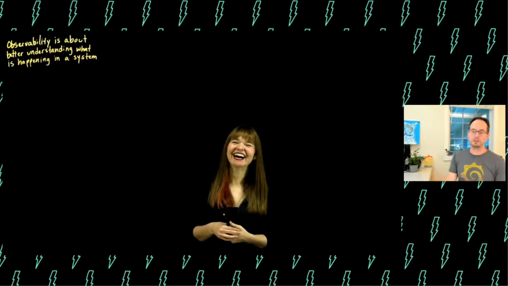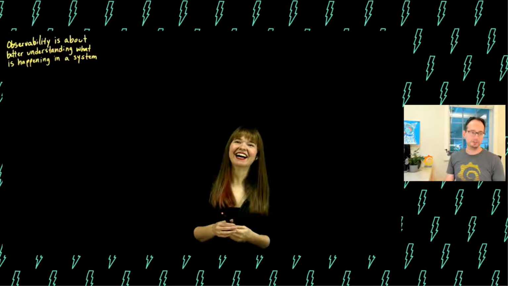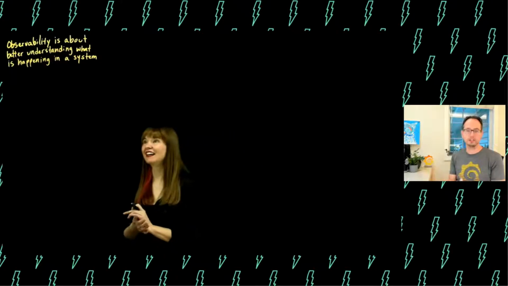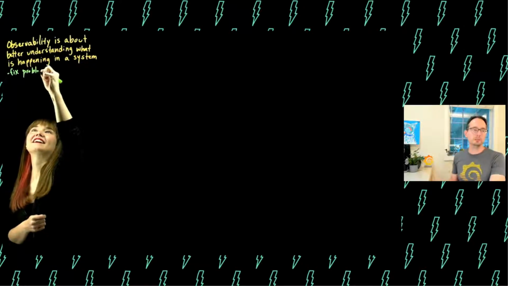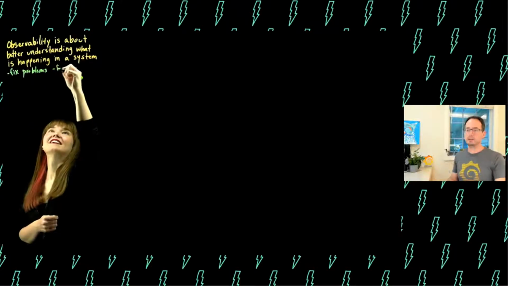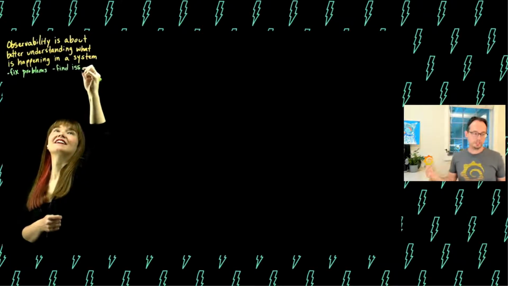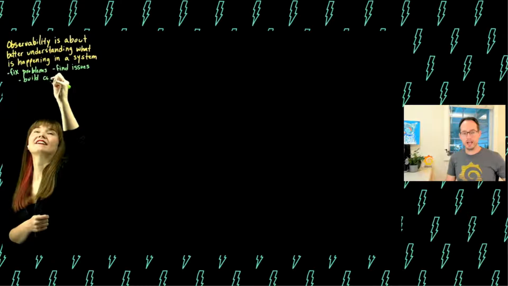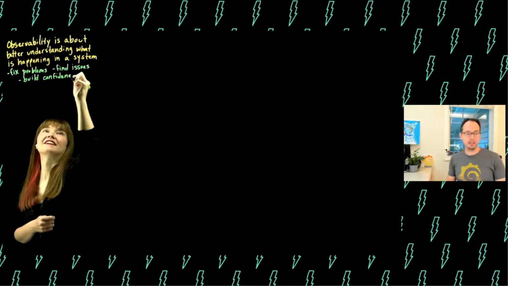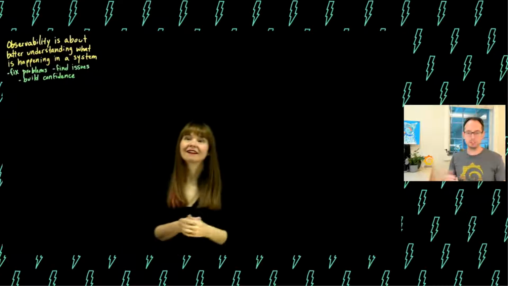So, what proper observability does is it builds confidence for us into the software that we deploy. And so infrastructure observability is about building confidence in the platform and where our apps are living. Obviously the application observability or the application instrumentation helps us understand what's going on inside of our apps so that we have confidence that they're performing well, that we can fix problems as we find them. And that, we're ready to build on top of that, especially when you talk about infrastructure observability. You want to know, do I have the capacity to add more? Or on the flip side, am I running too much and I maybe need to start splitting things up?